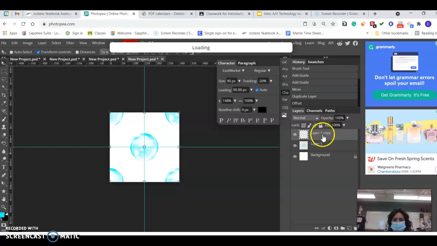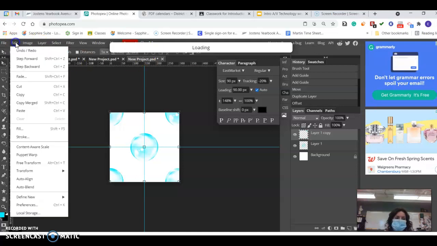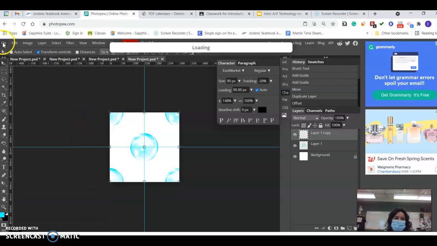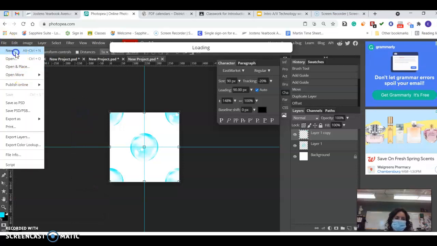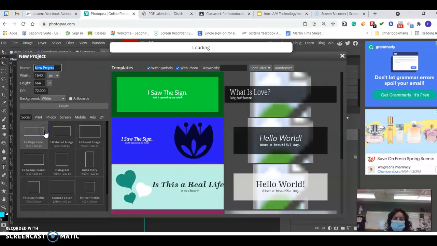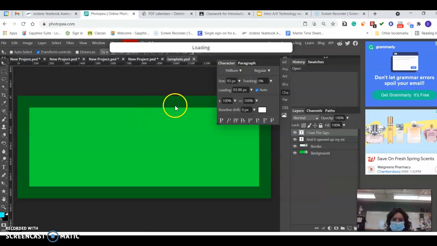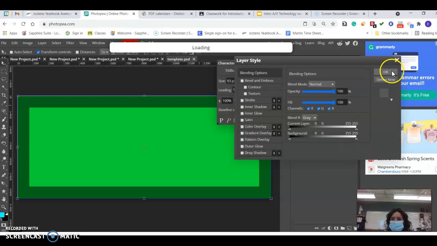And then we duplicated that layer and we used a filter and an offset of 150 pixels. And then we did need to define new, and we defined that new pattern. And then we were able to create a new document, and that document was larger in size. And as long as there was something on our background, we could then